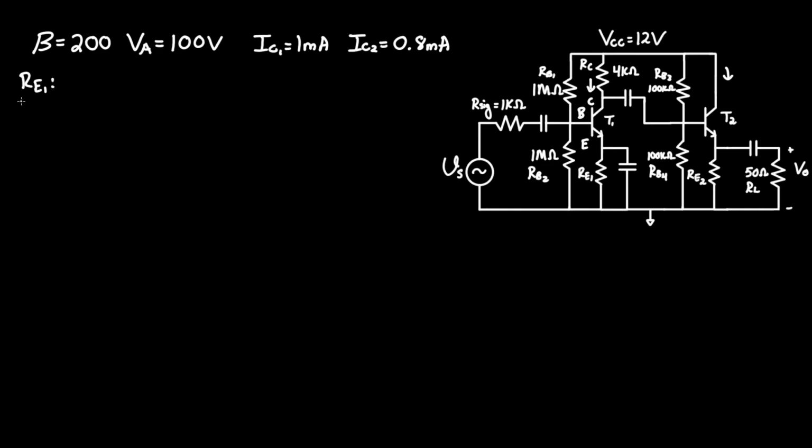So for RE1, we need to do DC analysis, of course, in which caps are open. Therefore, we don't need to look anything to the left of this capacitor, nor to the right of this capacitor for transistor T1. Redrawing the circuit, we have our 12 volt source from the top, feeding into resistor RB1, or R biased one,